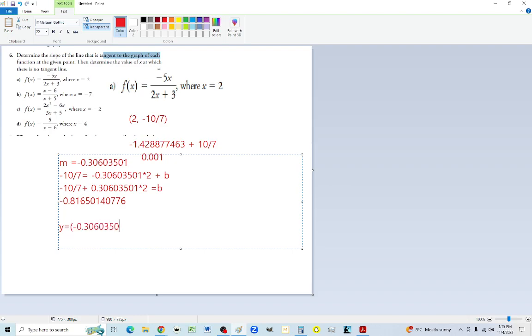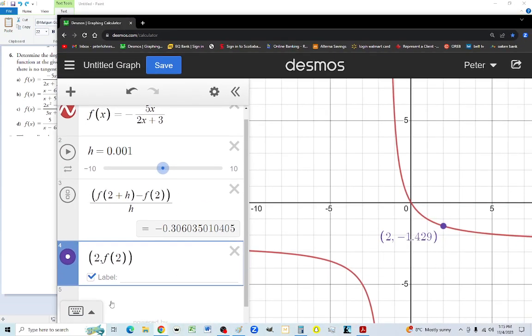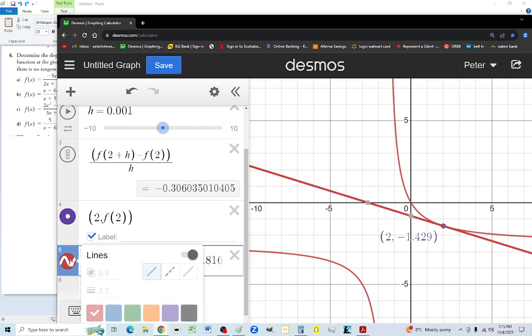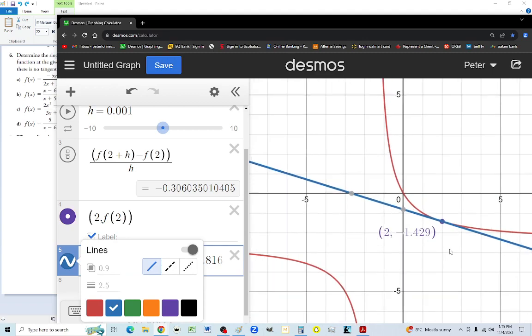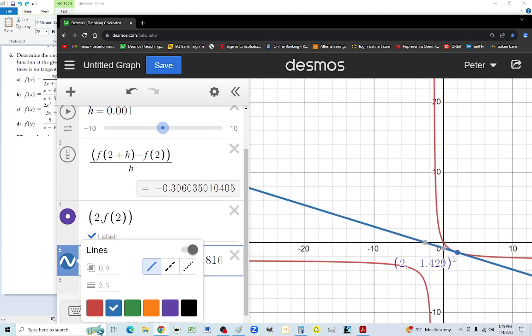And the trick here will be to take this and put it into Desmos and see if we get the tangent line. And of course, there's a chance we might not. But let's take a copy and bring up our Desmos and see if we get the tangent line. And sure enough, we do. Let's color it a different color. There we go. That is indeed the tangent line for that point,